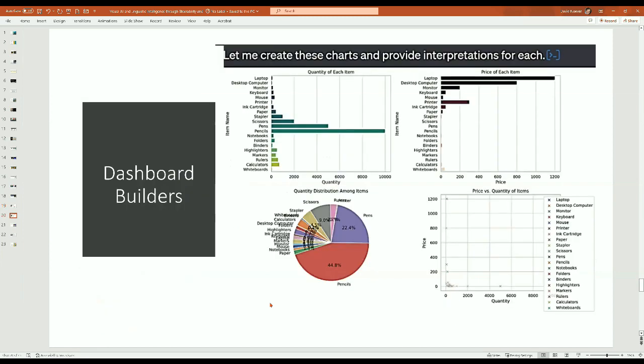The last two examples here, I think there's considerable interest in the data science community to make dashboard builders or HTML. This is an example where you're given a sales inventory, and you ask for a dashboard analyzing the sales this month, and it knows to rank the quantities and the prices, and the price versus quantity and the distribution among the items. So it's not all just generate fine art. It can be data science art, if you will, in a practical sense.